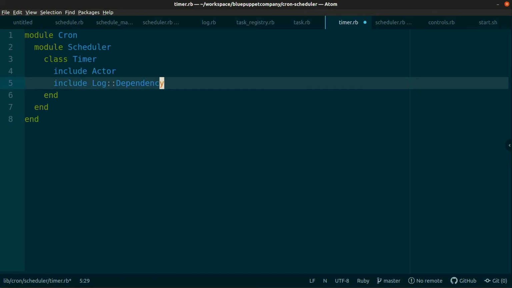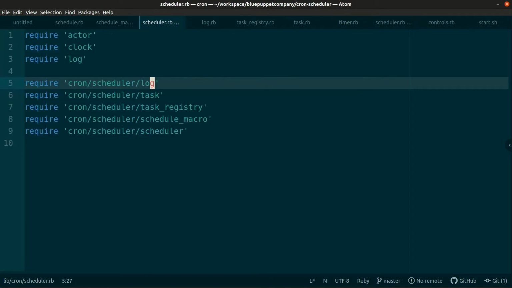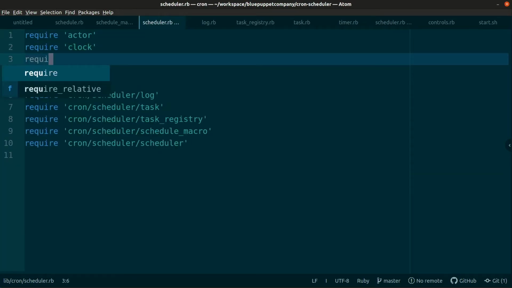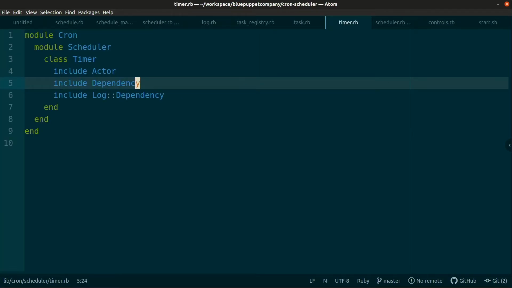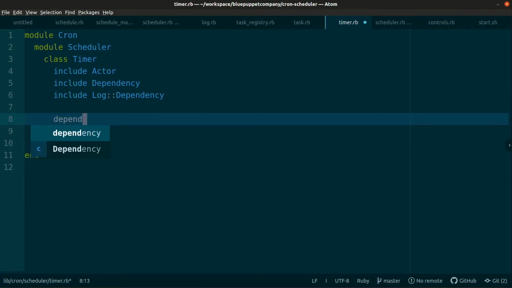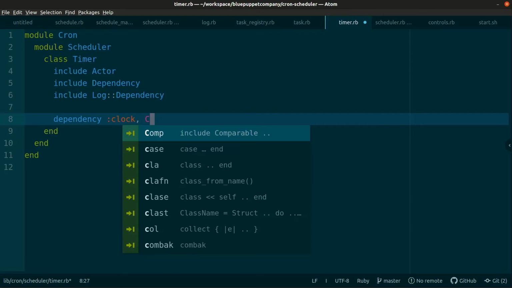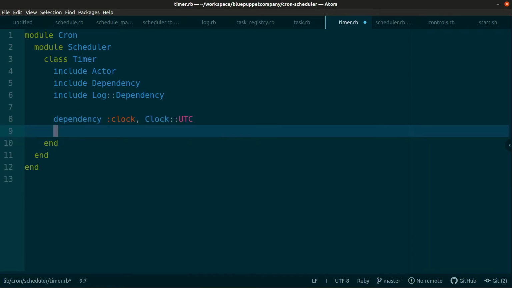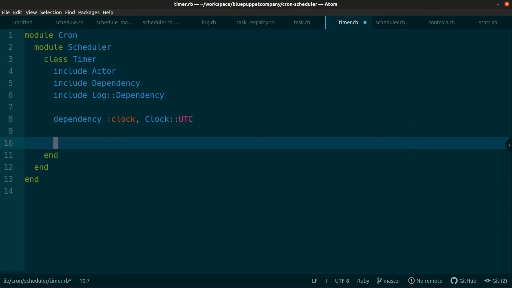And actually, we'll need dependency as well. Let me make sure that is loaded here. Okay, dependency clock. And for our build constructor,